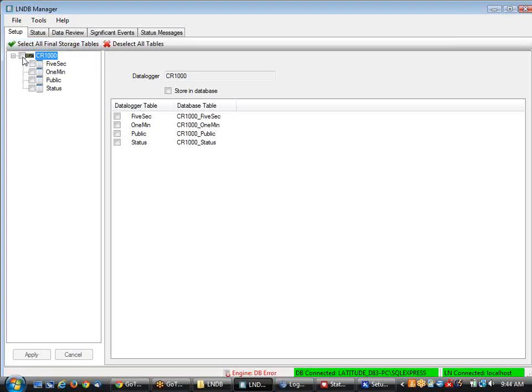By simply checking off the tables that you want, you're saying, this is what I want you to grab out of the cache and put into the database, okay? By default, if you click on the data logger in the tree, it's not going to check public and status because it doesn't make much sense. They're one record tables, right? But as soon as you apply it,